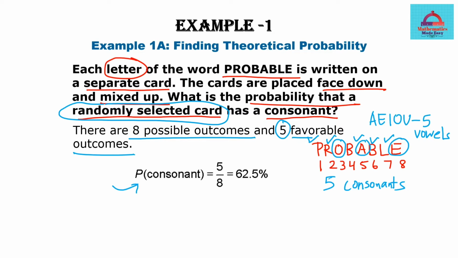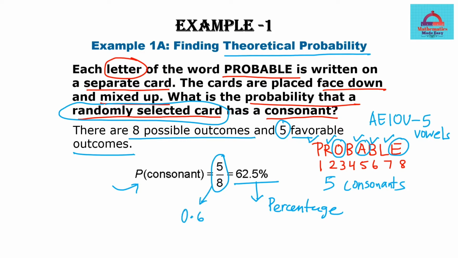Therefore the probability, now remember we are calculating the theoretical probability, so in this one there can be 5 favorable outcomes out of a total of 8. So the fraction that gives the theoretical probability will be 5 divided by 8, and you can use a calculator to convert this fraction into decimal. That will come out to be around 0.625, and then you multiply it with 100, so you can get it in percentage. Now all answers are correct. Even if you leave your answer in fraction form, that is correct. If you convert it into decimal and write it as 0.625, that is also correct. And if you write it in percentage form by multiplying with 100, that is also correct.